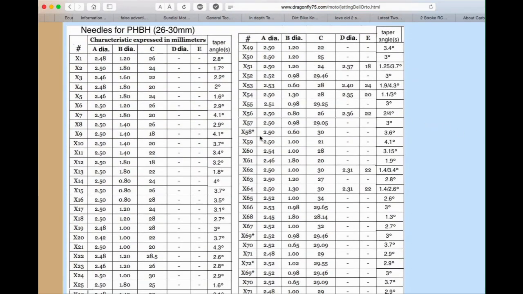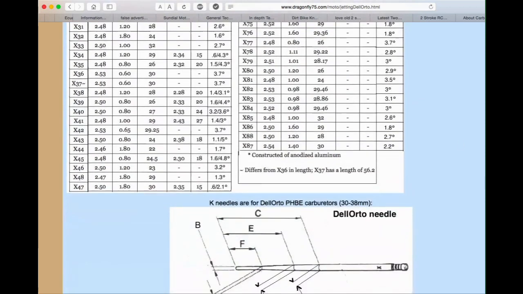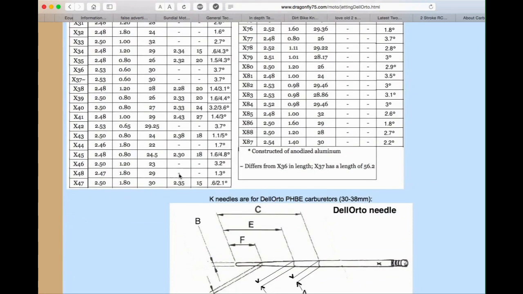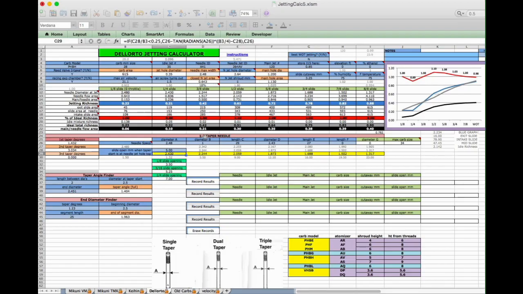This is the carb we're dealing with right now, and so I'm going to try X48, I think I said, which is down here. This right here is the straight shaft diameter. So when the percentage right here is too low, like in this case it's 18%, you want that shaft diameter to be smaller. So right now we've got 2.48 millimeters,